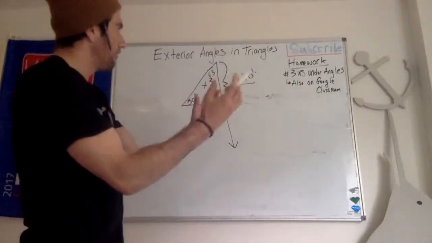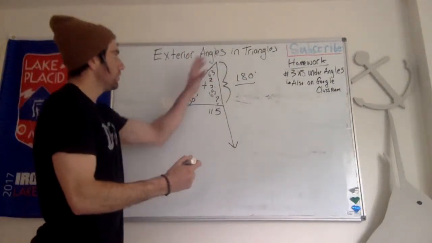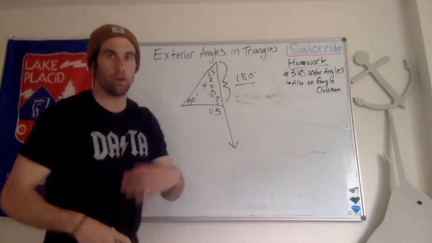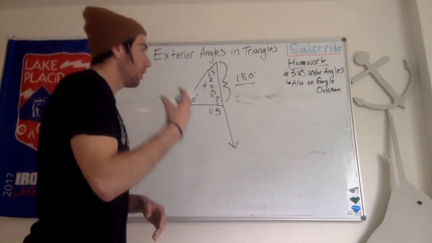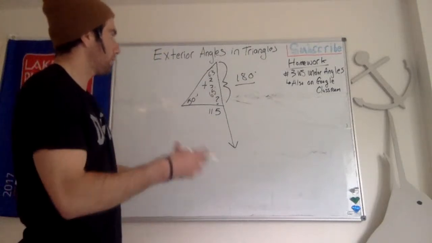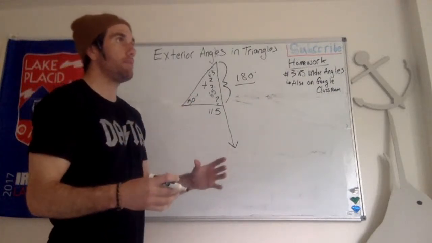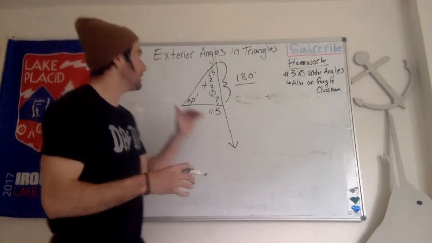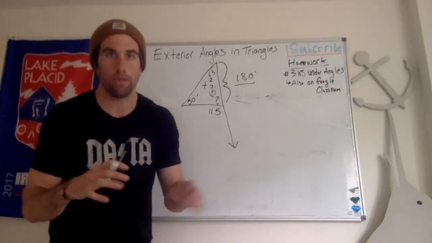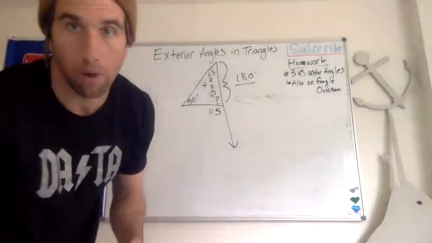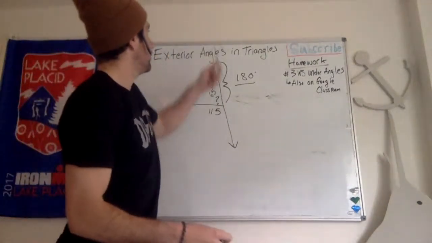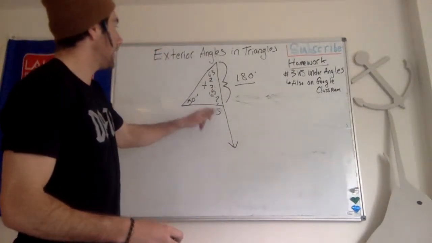So we're using a little bit of everything now. And now, guys, the reason why we're doing it like this is that tomorrow we're going to throw in expressions in there. So we're going to combine like terms, just like how we've been doing it, progressing through this unit. But then eventually I'm going to give you a crazy shape, and you're going to have to go through every technique that we learned to figure out all the missing angles and stuff, all right? But for today, for exterior angles in a triangle,